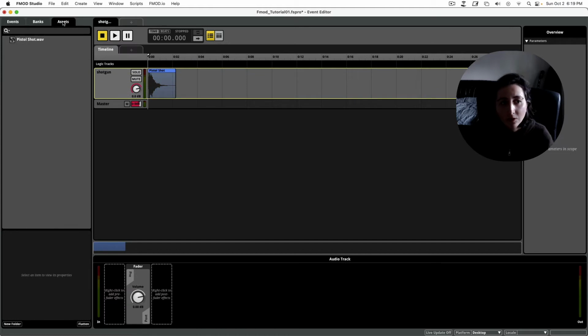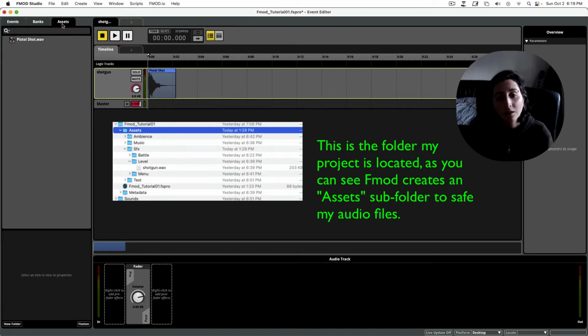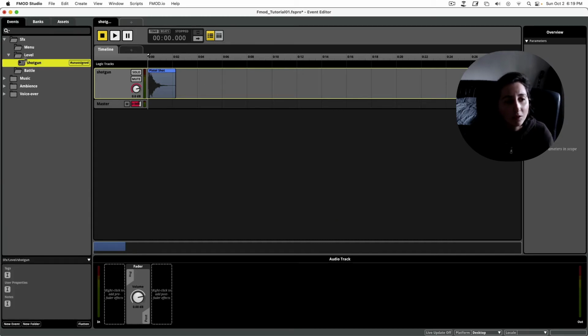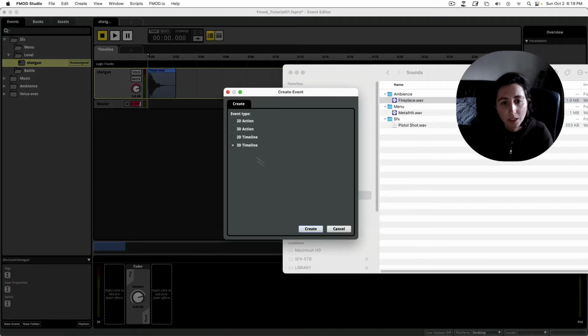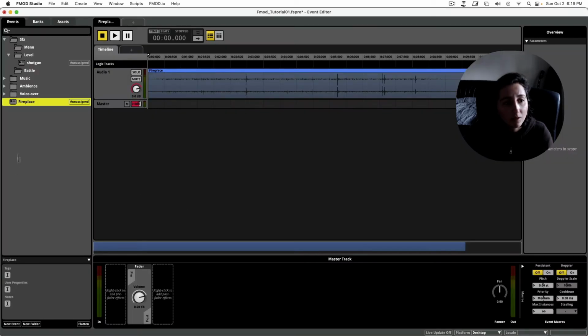I have also a folder called assets, and that's gonna be exactly like my audio files folder in a normal DAW like Pro Tools, Logic. So if I start to drag a lot of different sounds to here, I can even create a new event from a sound that I'm dragging, and I can move it over, let's say to fireplace. It's gonna be located in ambience, probably in level. So I can work like that normally, but